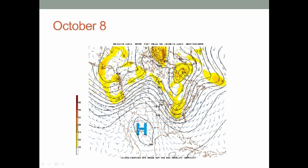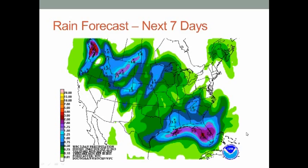This is what I was talking about by week 2. Week 2, we have this ridge of high pressure becoming stronger. We have this amplified pattern. Remember, we had this earlier this summer. This is going to bring noticeably cool temperatures in the eastern U.S., noticeably warm temperatures in the middle part and the western part of the intermountain region. And somewhere in here is going to be a transition zone, upper Midwest, Great Lakes region, and that'll have enhanced